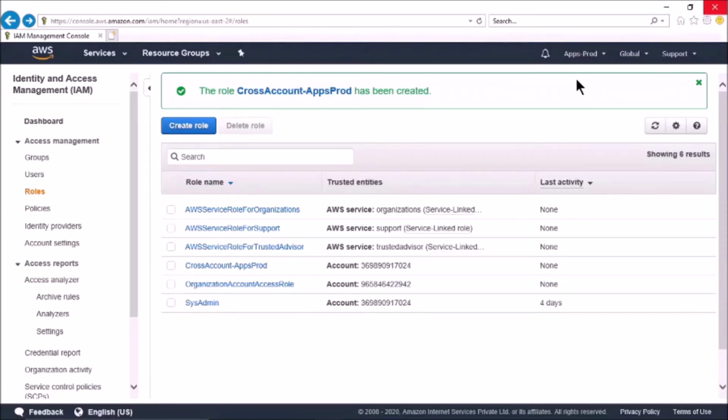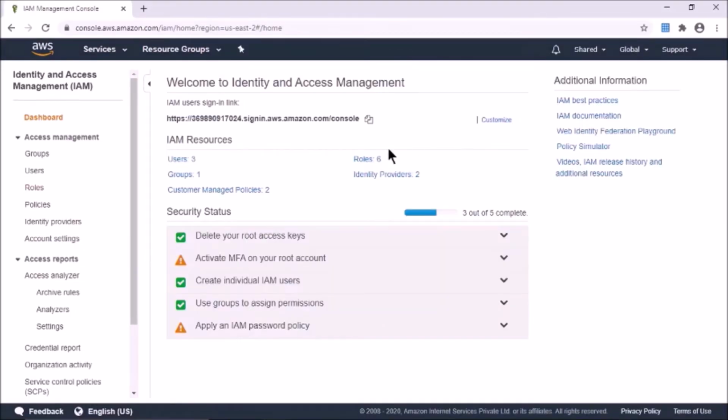But our requirement was that only Vipin should have access to apps dev and apps prod to the EC2 and S3 full access. But Deepak should not have access to the apps prod. I will show you how we can configure that. But before we try to log in with Vipin or Deepak, let's go back to our shared account. One thing we forgot to configure here is that because Vipin and Deepak need to assume the roles in different AWS accounts, so we need to give them the permissions to assume the role in this shared account first.